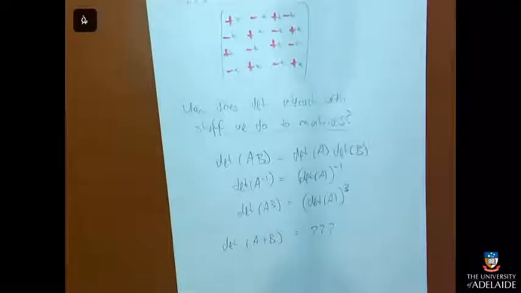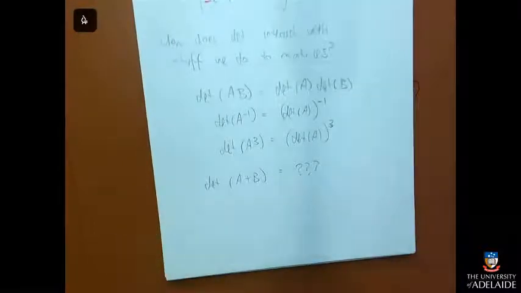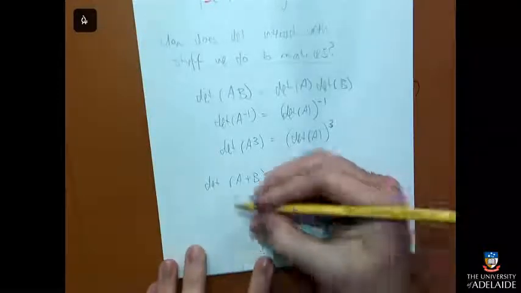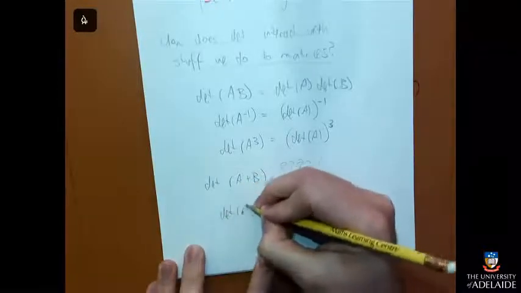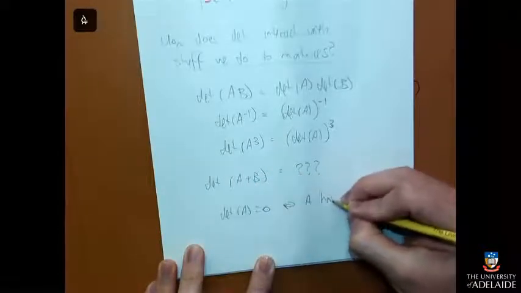What else can we do to matrices? We can invert them, we can multiply them, we can add them. Okay, so there's one interaction that's not really an expanding out sort of thing, but it's a useful thing to know. How is it related to other information about a matrix? So the information of does it have a determinant, how is that related to the matrix? So we have determinant of A not equal to 0 is the same as saying that A has an inverse.